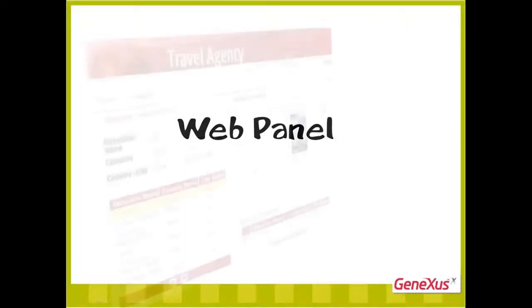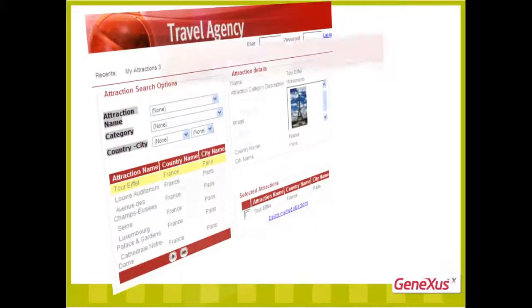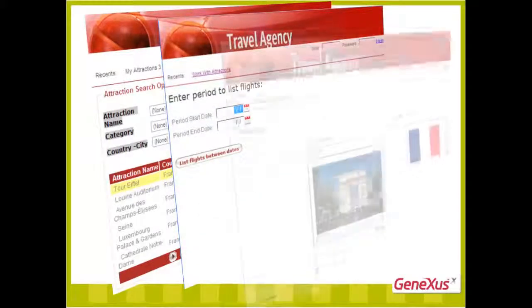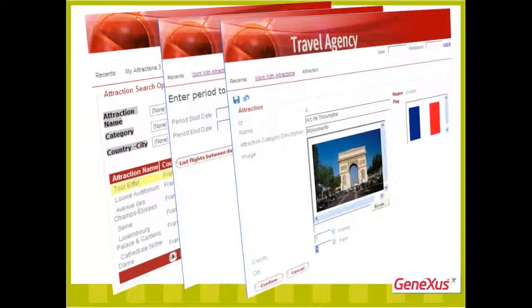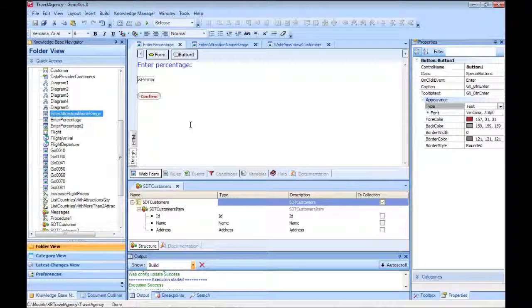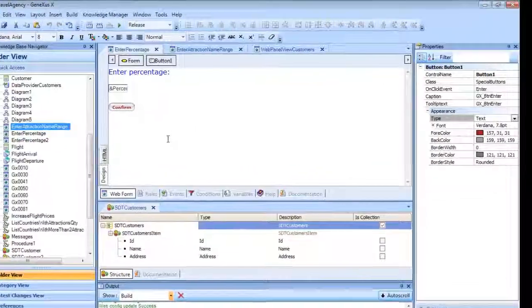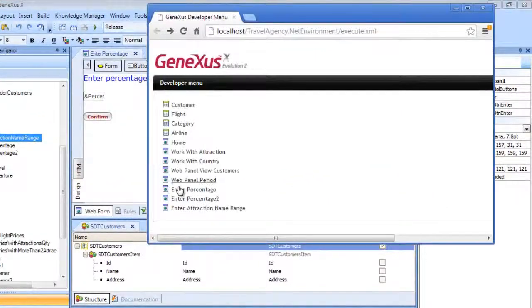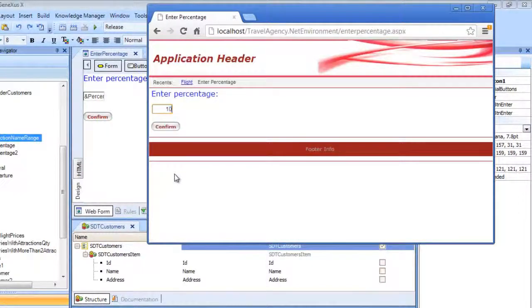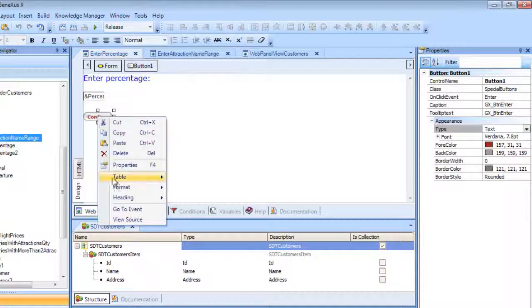A web panel is the most flexible object provided by GeneXus. As previously stated, it's basically a web page that allows you to resolve several functions, such as requesting data from the user, for example, or requesting a percentage to be entered in order to apply it as an increase to all flight rates,